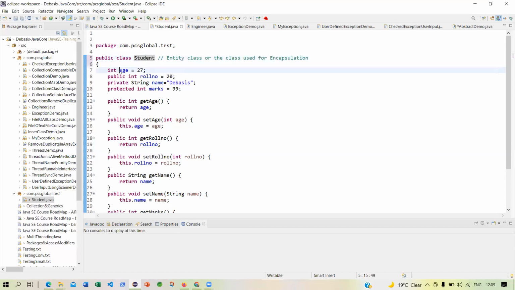But these are the fields of the table. You have to give the exact field names. You cannot give something else. In the MySQL table student, you do not say mark.